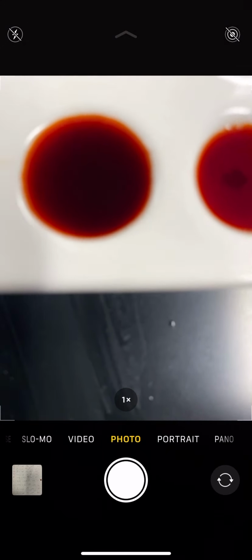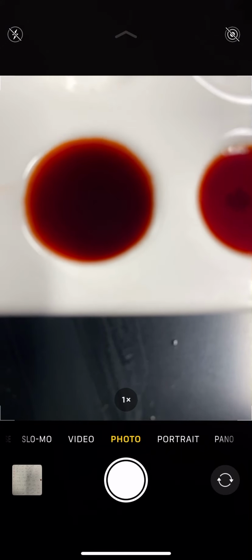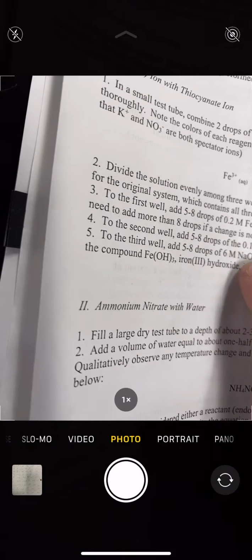If I added more of this, it turned even darker blood red. Right? So the next step is adding